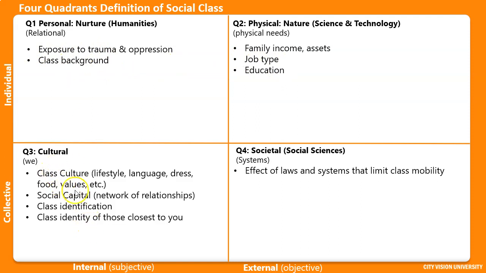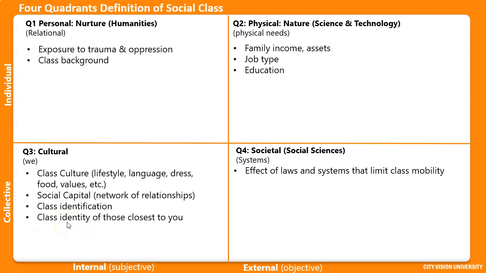And then culturally, you have class as culture. One of the big things that my paper on social class talks about is how important class is culture. So your lifestyle, your language, your dress, your food, your values, etc. And social capital is also cultural. So that's your network of relationships. You can have high social capital if those relationships can do a lot for you. You know, people say it's not what you know, it's who you know. If you have high social capital, then that's very true, right? And class identification, we'll talk a little bit more about that in